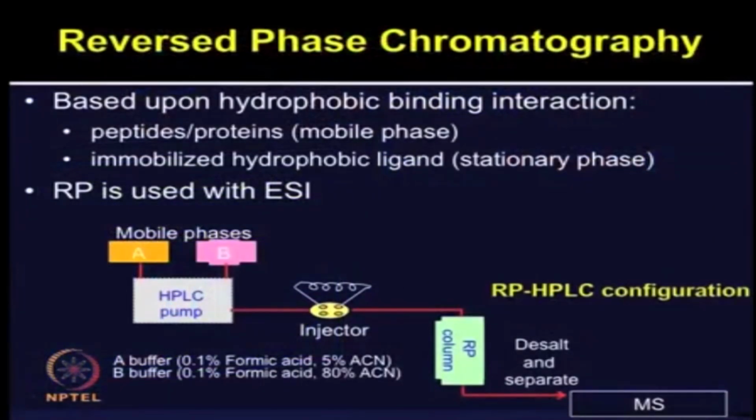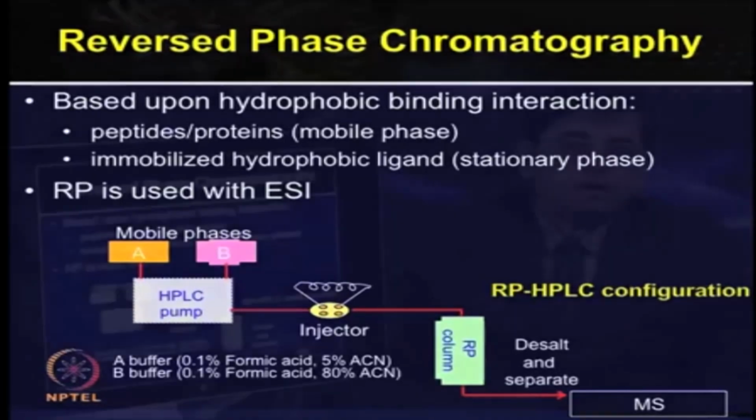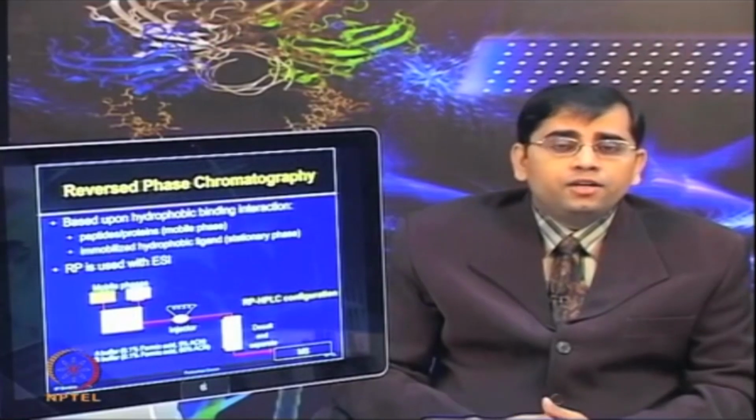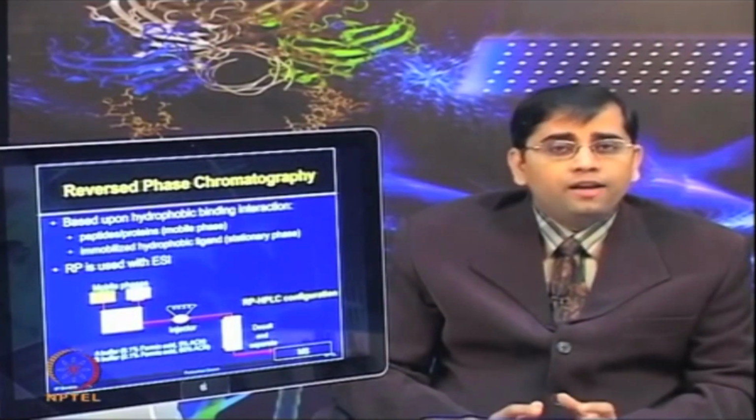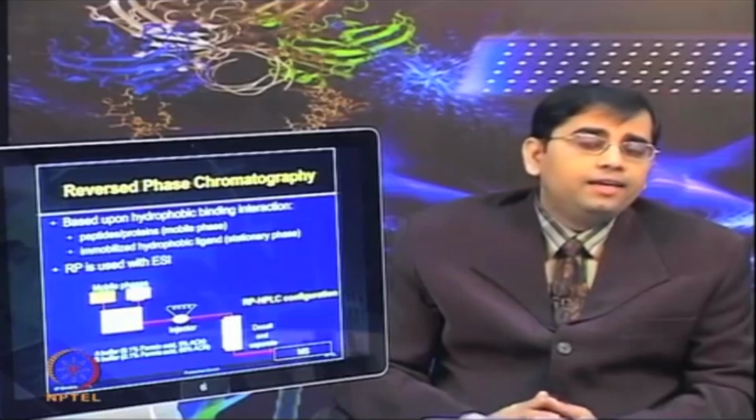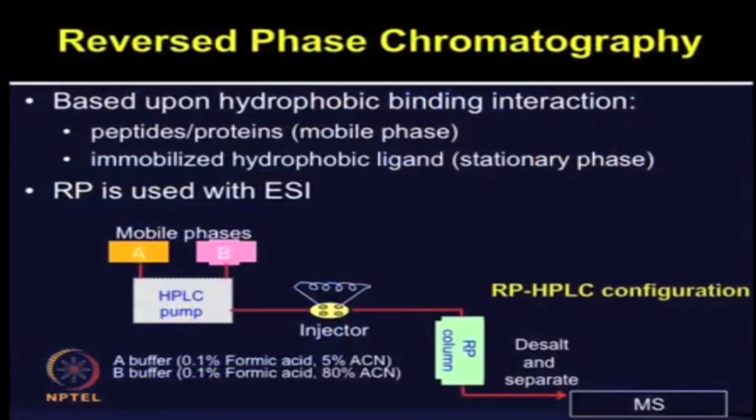Let us first talk about reverse phase, RP, chromatography. Reverse phase chromatography is based upon the hydrophobic binding interaction between the peptides or proteins in the mobile phase and the immobilized hydrophobic ligands in the stationary phase. In reverse phase, the stationary phase consists of long aliphatic carbon chains, which are highly hydrophobic in nature. Molecules are bound on the column by means of hydrophobic interactions and are eluted out when the solvent polarity is